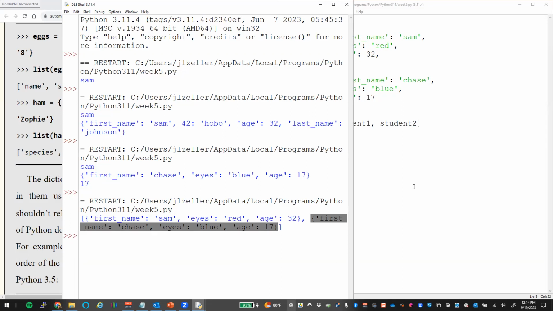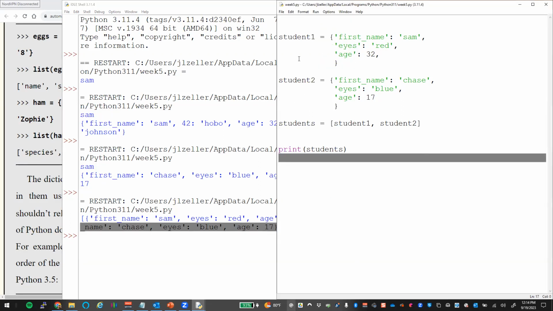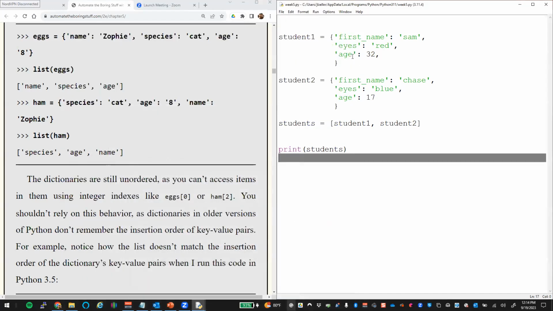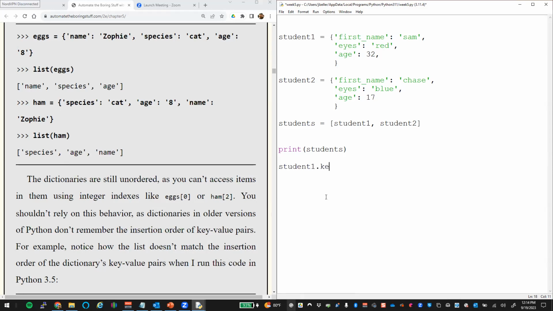Okay. If I have a dictionary and I want to get back all of the keys, or all the different traits of this student 1, let's call them traits. We don't have to, but the idea here is that we are storing all the traits of student 1. So we set all these keys. To get all the keys back, we could use student1.keys. And if we print that,